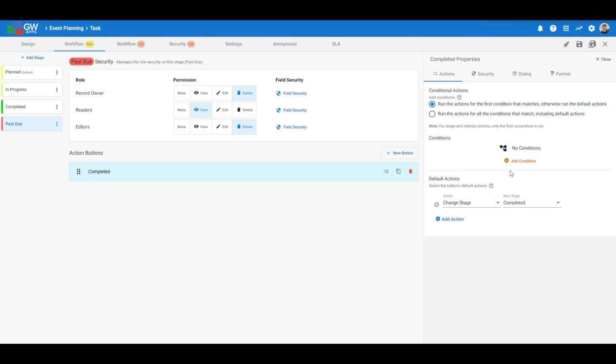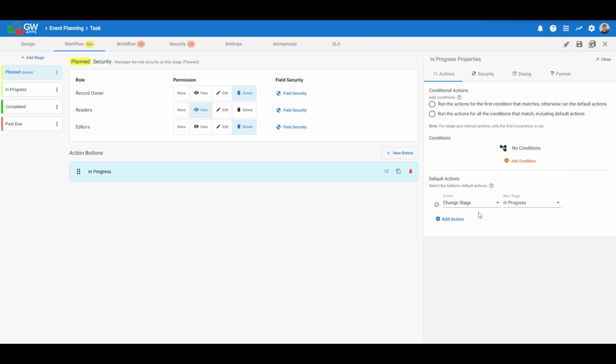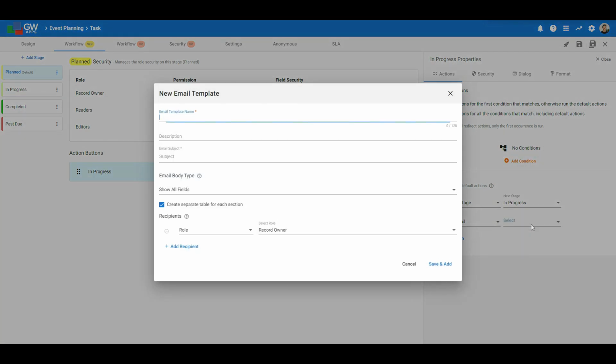Now let's go ahead and create that email notification. So I'm going to open up the planned stage, and I'm going to open up the properties for our in progress action button, and I'm going to add an action here. This action is going to be a send email action, and since we don't have any templates created yet, I'm going to click plus new. This will allow us to quickly create an email template. I'm going to name this template